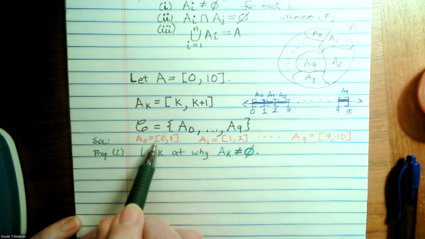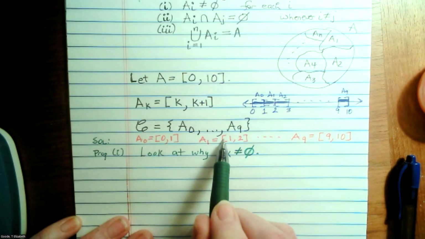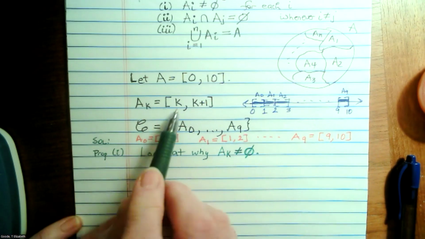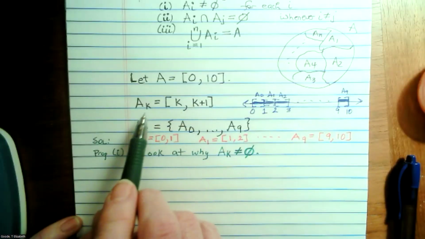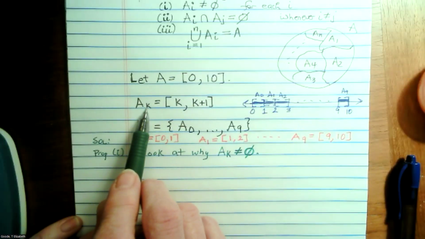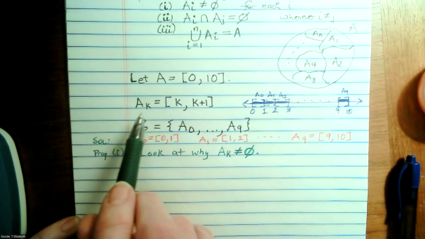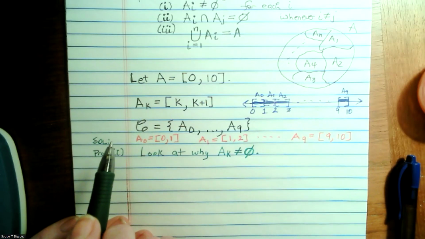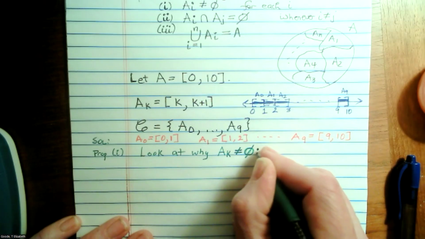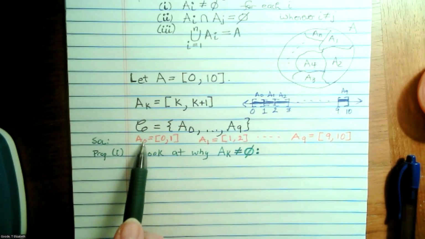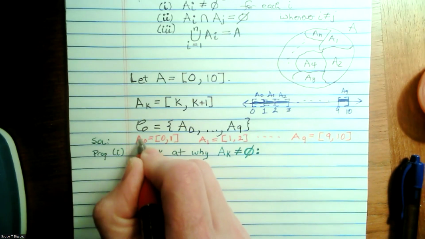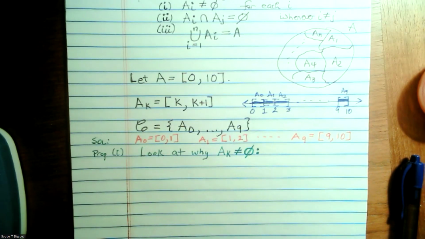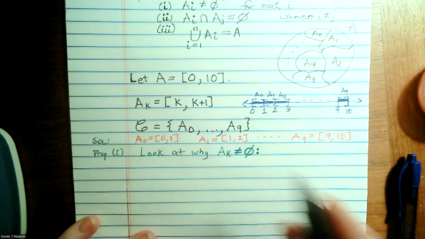Here's A0. Ooh, it includes the endpoints. Here's A1. It includes the endpoints. A_k includes the endpoints. So what's an easy way to verify that A sub k is not empty? Like what is an element for sure that is in A sub k? 0, 1. Only if k is 0. We want to argue this all in one fell swoop because we don't want to write 10 different statements. So just k to k plus 1? Yeah,